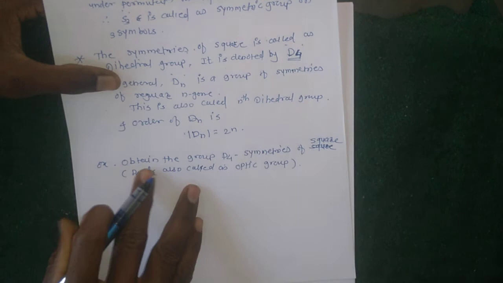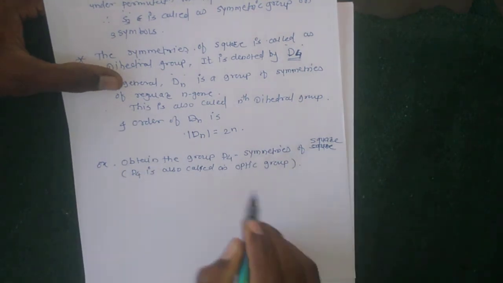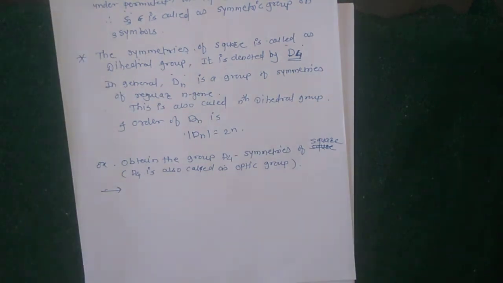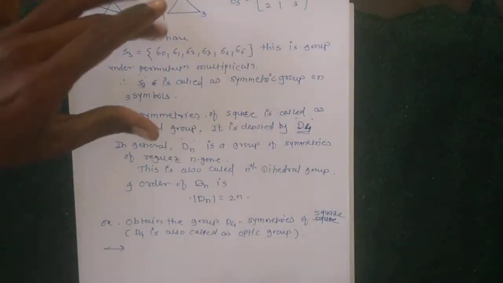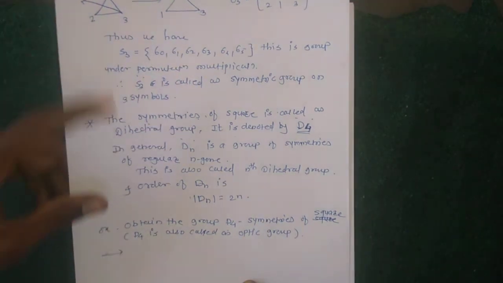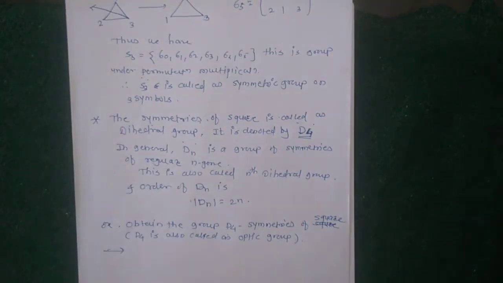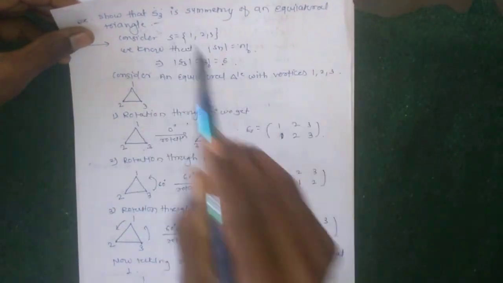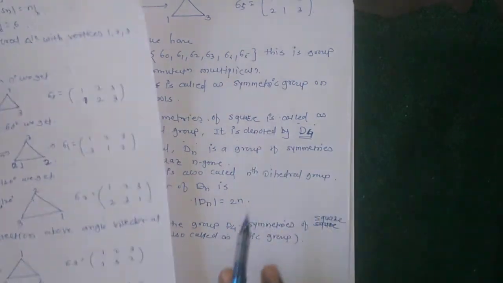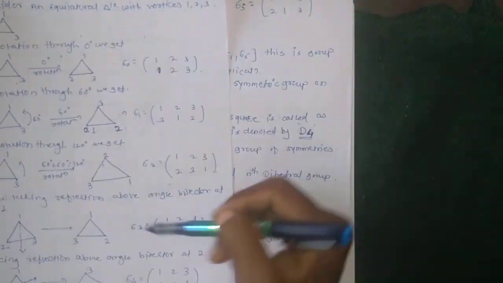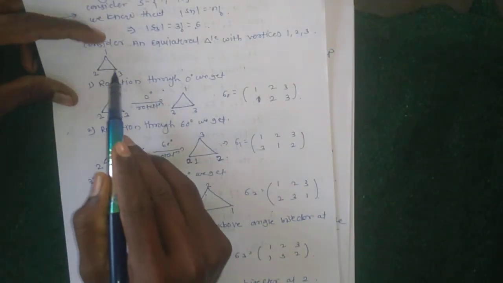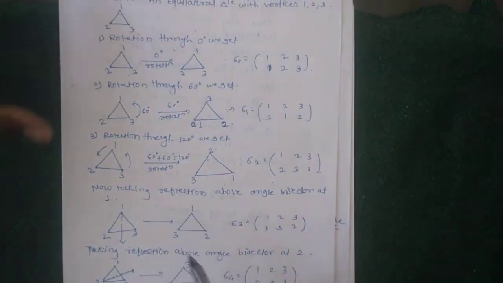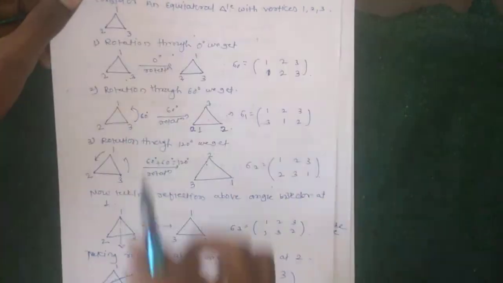This is the symmetries of a square. So how do we obtain D4 as permutations, in a similar way? See, in the previous example we found the symmetries of an equilateral triangle, showing that S3 has 6 permutations. How did we find these 6 permutations? We rotate by 0 degrees, 60 degrees, 120 degrees and reflect at 1, 2 and 3. Similarly here,